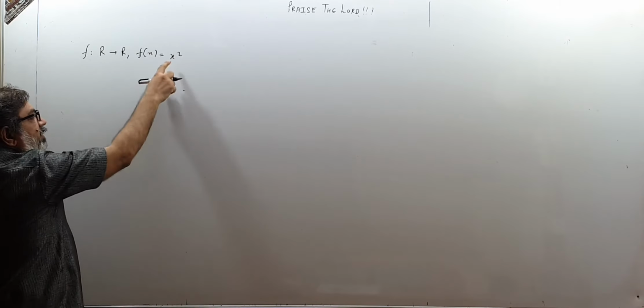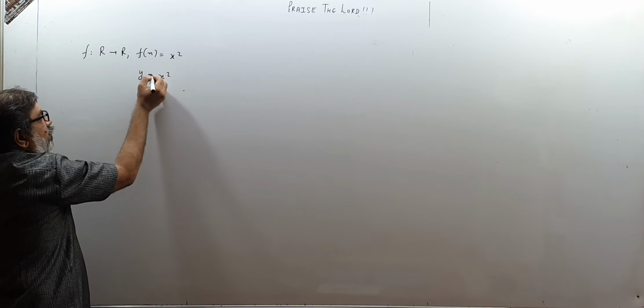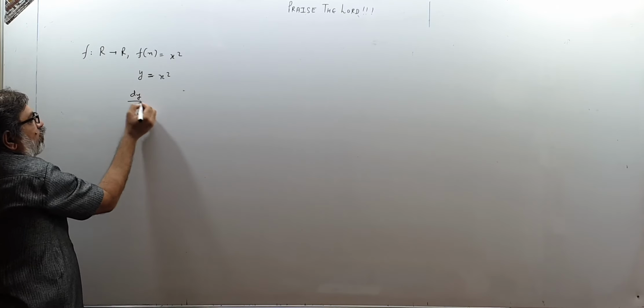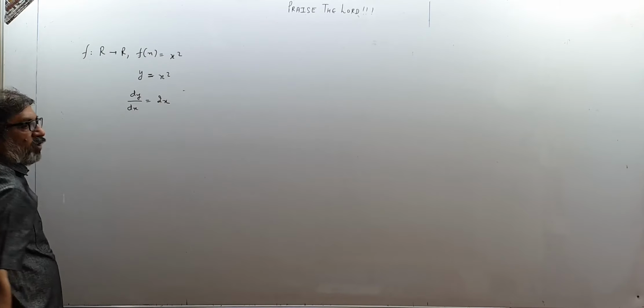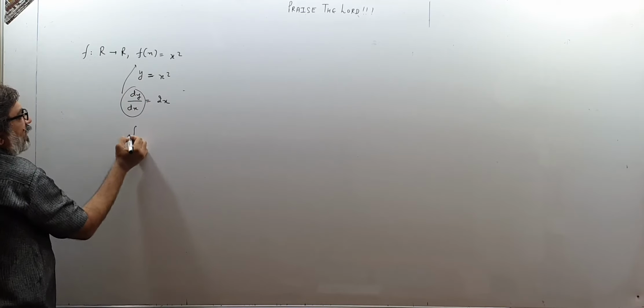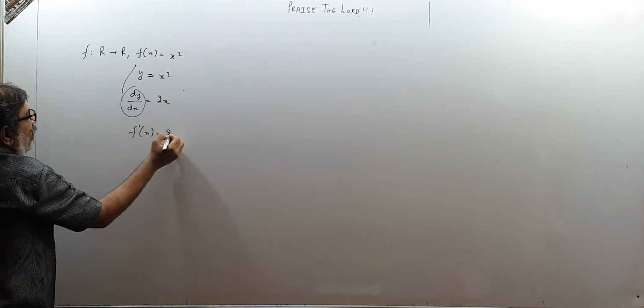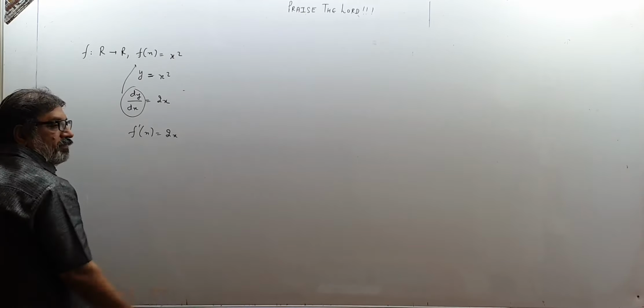I want to take derivative of this. So this is y actually. So y equal to x square. So dy by dx you know how to find out. Dy by dx is 2x for x square. I hope you know that. And this dy by dx we call it sometimes as f dash x. F dash x is 2x. F dash x means derivative of f, actually dy by dx only, please understand. So f dash x is 2x for me.